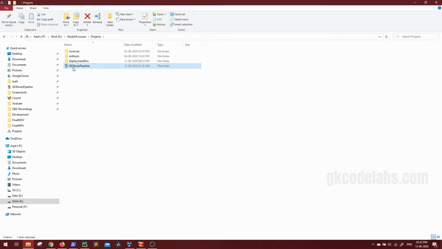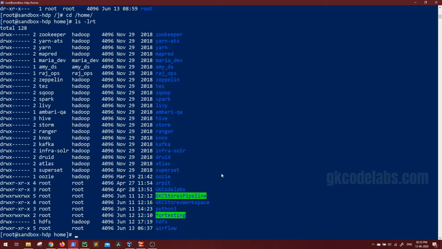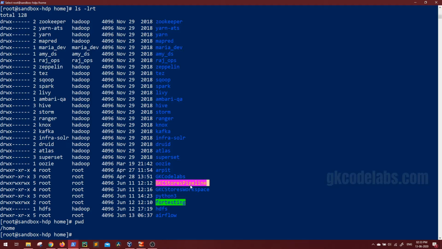This is another folder that we need to copy onto our server. So I have copied the same directory, and I have also copied the GK stores pipeline directory in home, just to have both of them in the same directory. In the actual production projects, this can depend upon your project design. You can get it from your team where actually your code exists, where all the files are, but there will be some directory where you will have your project existing. And all my input and output, I have moved the same directory here and renamed it as GKC store workspace.